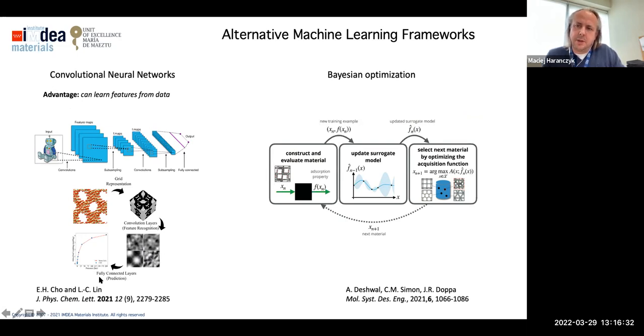In some cases of predicted material structures, those data sets are large enough to actually use those techniques, but this is quite rare. And then on the other side, there are Bayesian optimization types of techniques, which can operate with very little data, and they are very appropriate when we work with experimental techniques and want to identify the best materials with the least number of experiments.